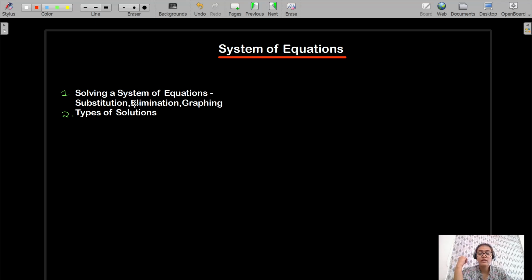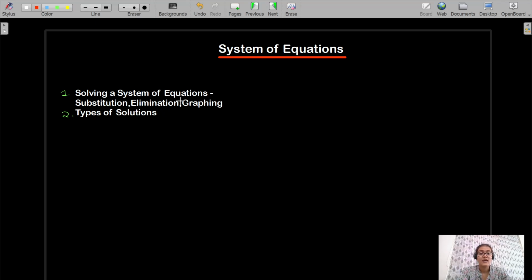Now, when it comes to solving a system of equations, there are three methods that you should know: substitution, elimination, and graphing. I'm not going to discuss the method of graphing because you will have access to a graphing calculator on your digital SAT and you can just plot the graph of the equations on Desmos. But I'm going to discuss substitution and elimination because